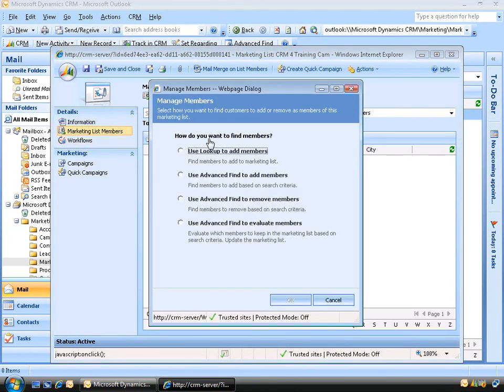Now this brings up a new window here where we can either use the lookup feature to find members to add to our marketing list, or we could use the Advanced Find feature, which we've seen before in other videos. Now in my case, since I only have one lead, it's probably easy for me to use the lookup feature. But in cases, especially where you might have a large number of leads or contacts or accounts, or perhaps you want to be very specific about who you want to add to your marketing list, then you can use the